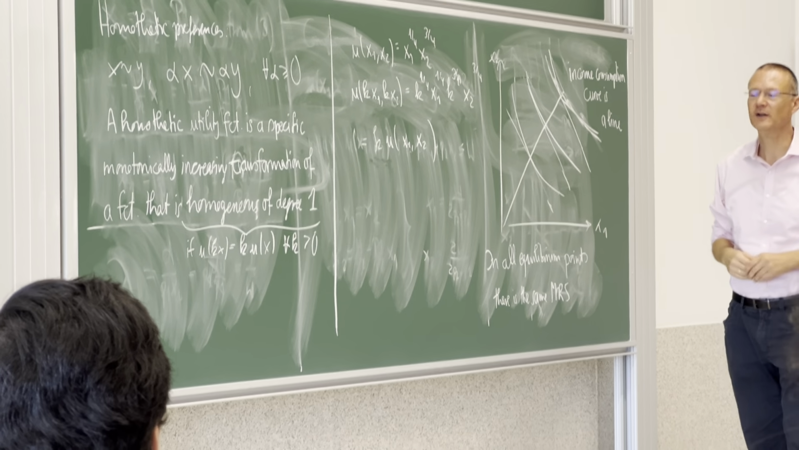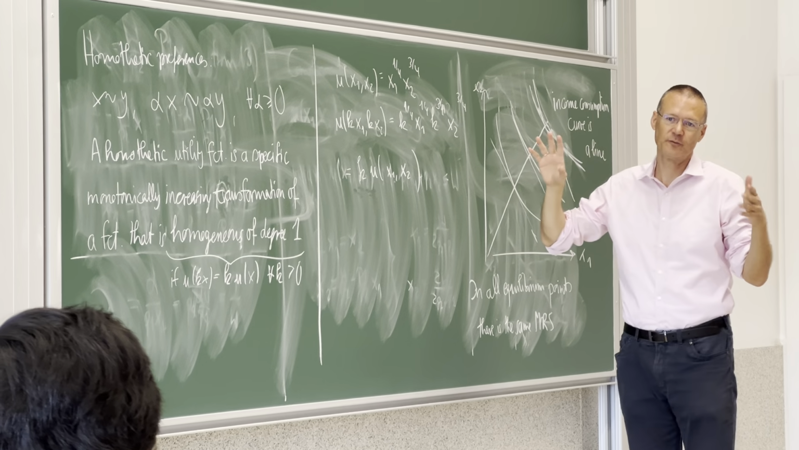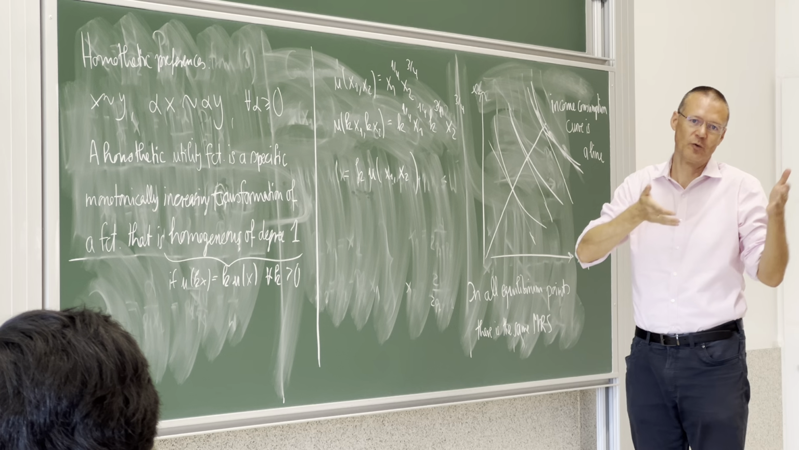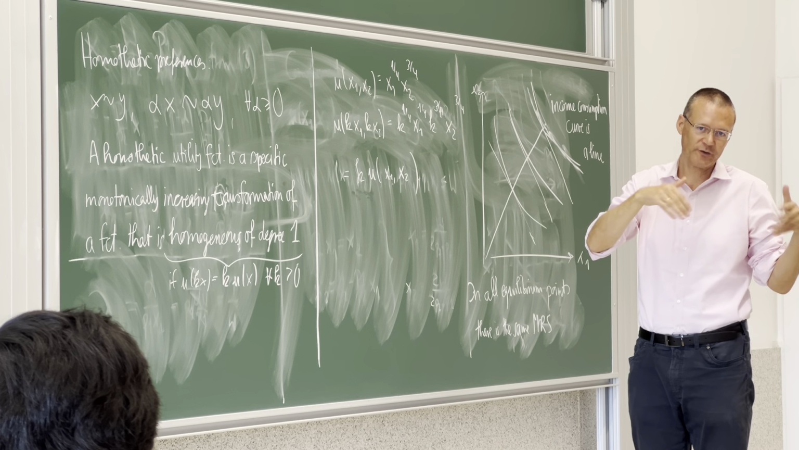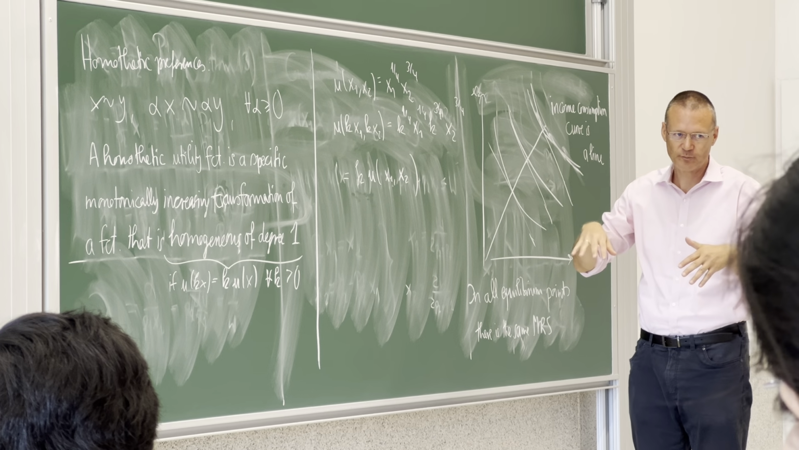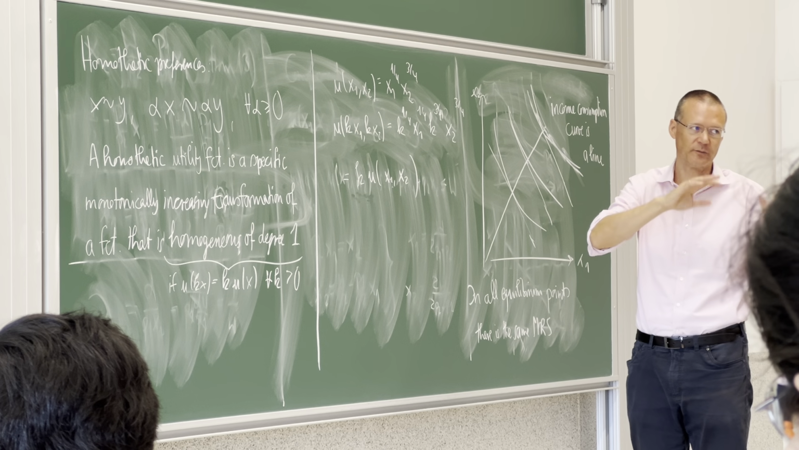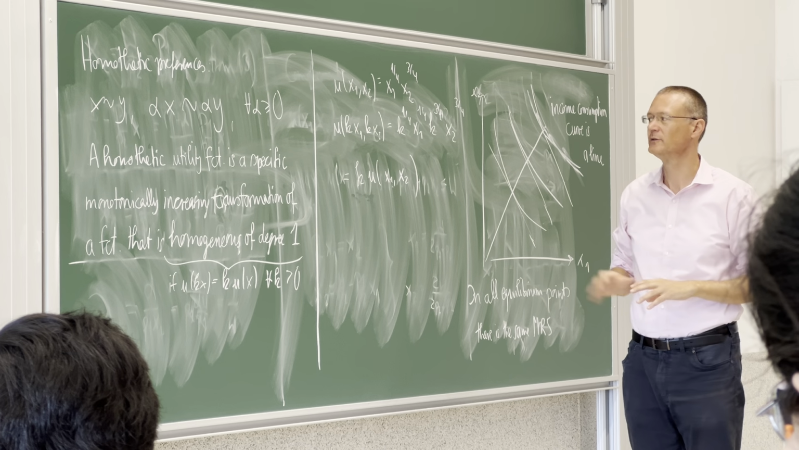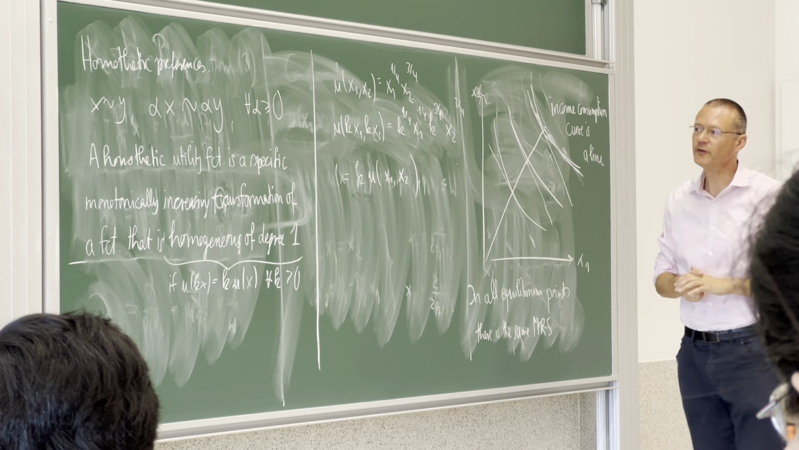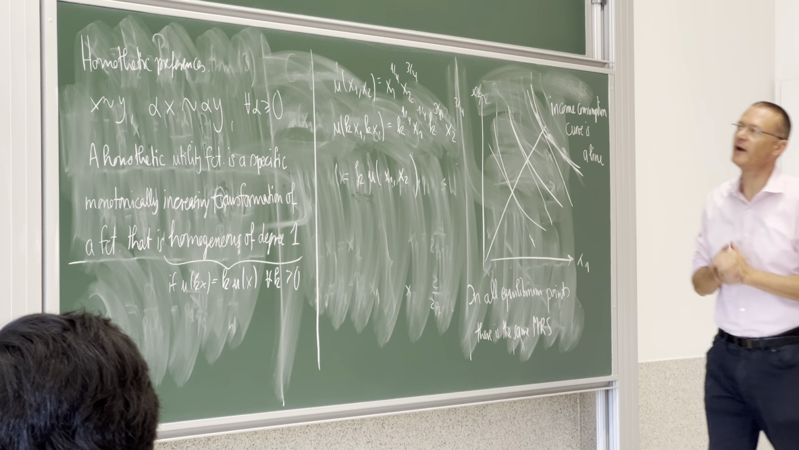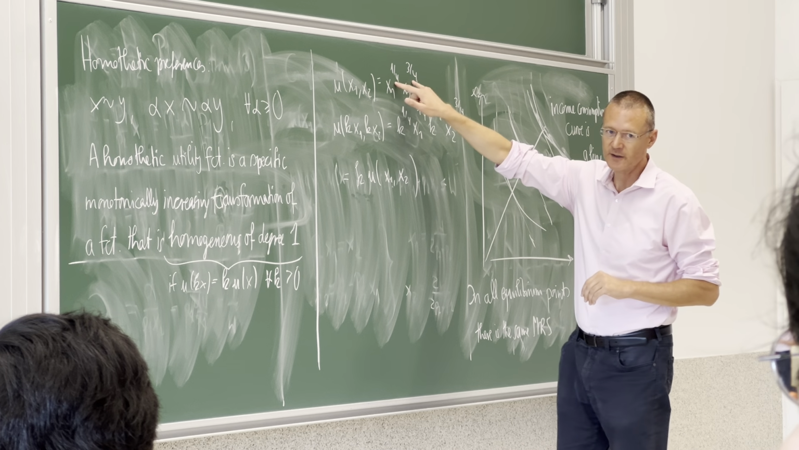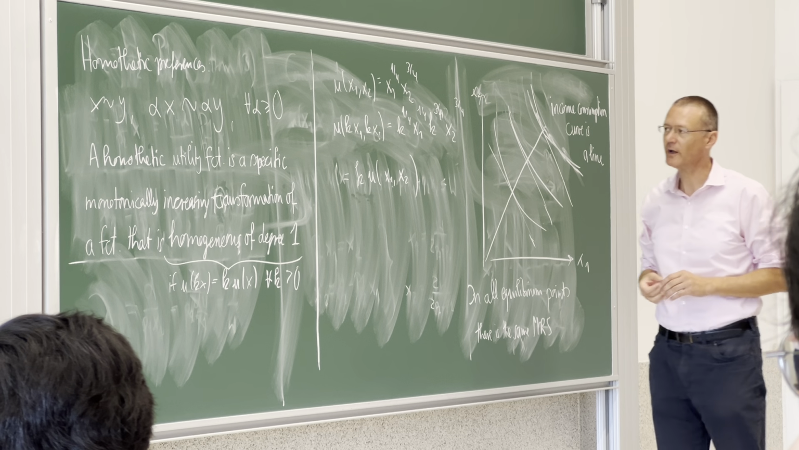If you double income, the consumer would consume more than twice x1 and less than twice x2, or the other way around, less than twice x1 and more than twice x2. So this is this idea. Cobb-Douglas is homothetic. All Cobb-Douglas functions which have the sum of exponents equal to 1 are homothetic, but there are